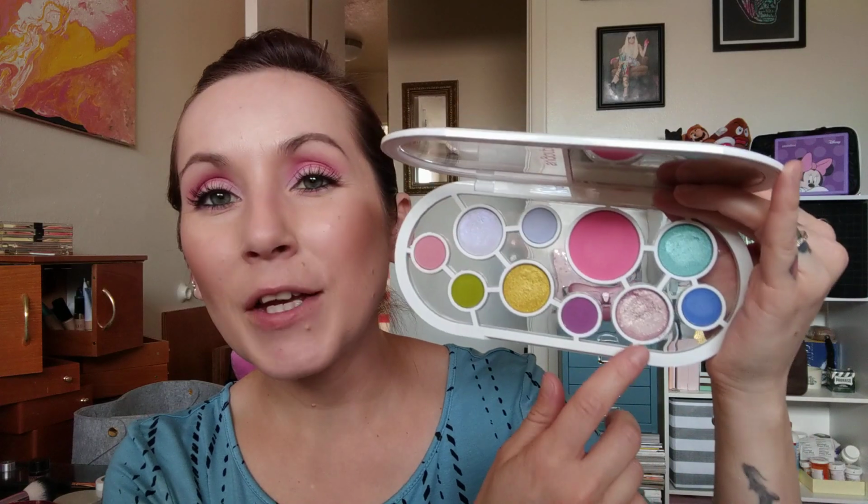This is the only shade in the palette I don't really care for, called Dream State. It's so soft. It's almost too soft to use. Like, to touch it with your finger, it immediately starts crumbling and moving around everywhere. To get it on a brush was so difficult. Lots of fallout, lots of glitter everywhere. Not a big fan of that shade, but the rest of this palette is